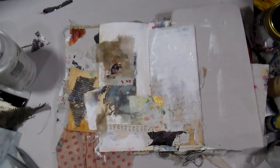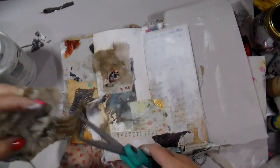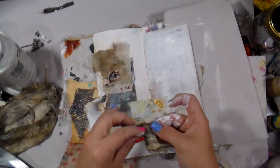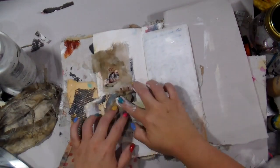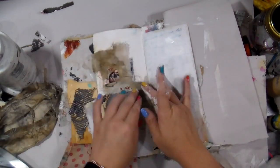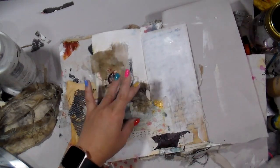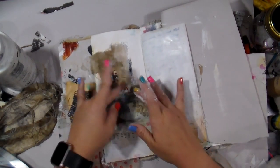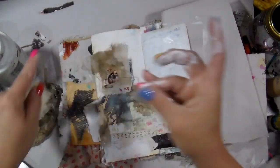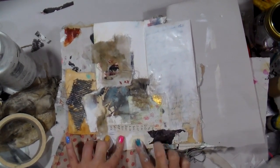And so I wanted to not really hide it, but just kind of bring that in a little bit to the spread. And so I'm adding that piece there of, I think that was lace. It was probably a recycled shirt or something, because I really love recycling. And then this is another piece of earth dye. This is actually a piece of silk that I dyed just to see what happens, because that's where the magic happens for me, just exploring what will happen if I do this, and just reacting